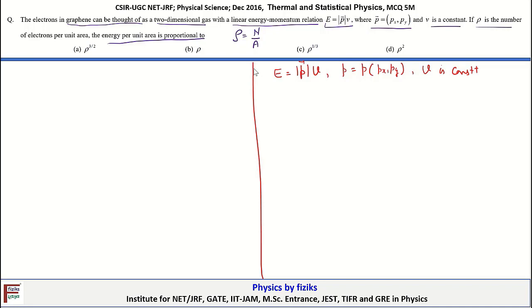Okay, because graphene, it's a two-dimensional system. Okay, so now in order to solve this problem, we must have an idea about the density of states basically. Okay, so for this we will follow the approach that we have already discussed in the classroom. The density of states